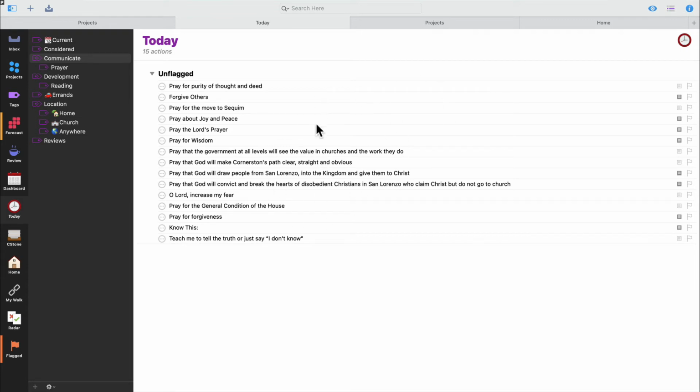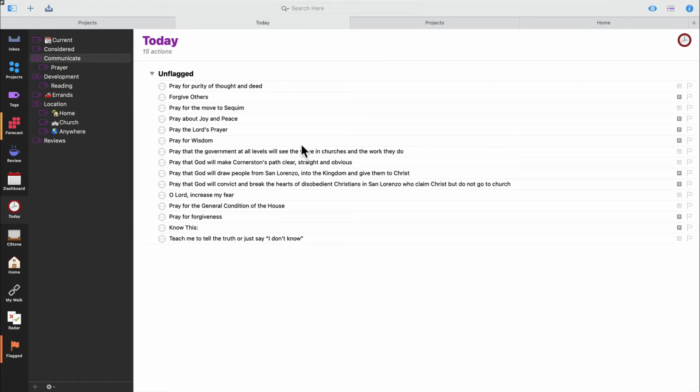And so the core reason why I use and like OmniFocus is that I do not have any direct supervision in my job. I'm the top guy. The buck stops with me. During COVID, I'm the only person in the building. And so creating marching orders, even though I make this list myself, I say these things are important. I say I'm going to do these things, and nobody in the church, unless I don't show up on Sunday, is going to tell me this list is wrong. Because of that, I can create my own marching orders, and I can have OmniFocus presented in such a way that I know what I have to do.